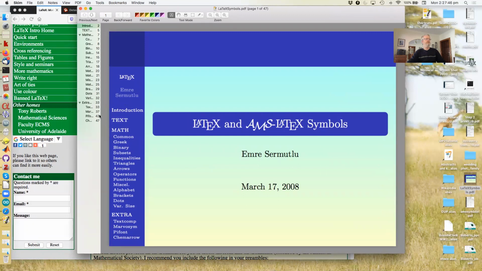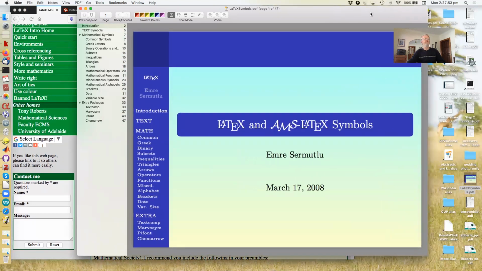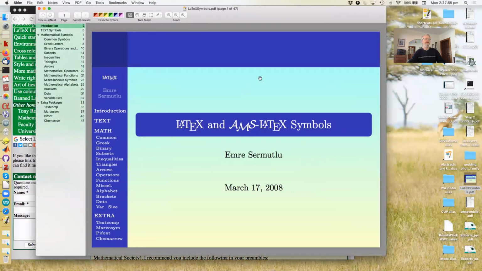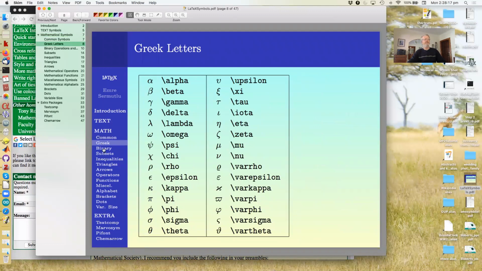My margin's a bit thin for some reason. There we go. Now he's typeset it using Beamer, but I won't hold that against him. Not much anyway. Okay, so he's got a list of LaTeX and AMS LaTeX symbols. It's indexed down the side here, and then there's a few extras at the bottom. So common LaTeX symbols in maths are all these sort of things. As I promised, the entire Greek alphabet,